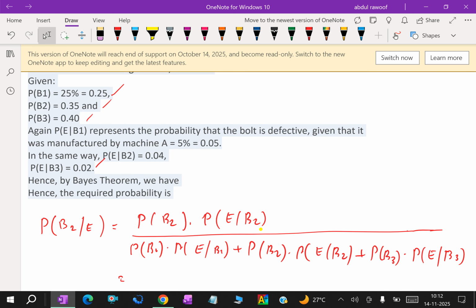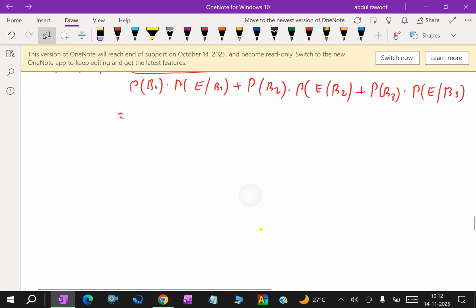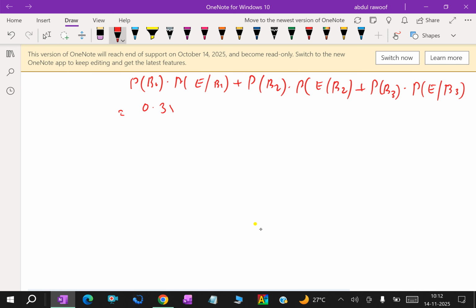Here P of B2 is 0.35, P of E over B2 is 4%, 0.04, over the first one, 0.25 into 5%, 0.05, plus